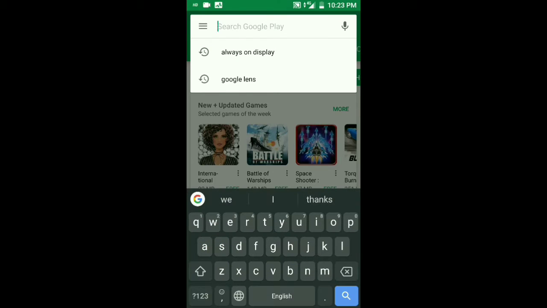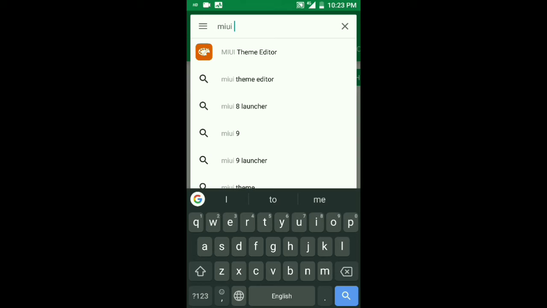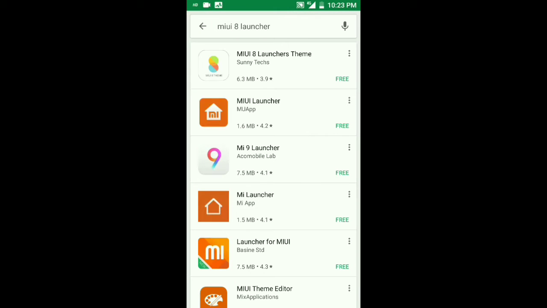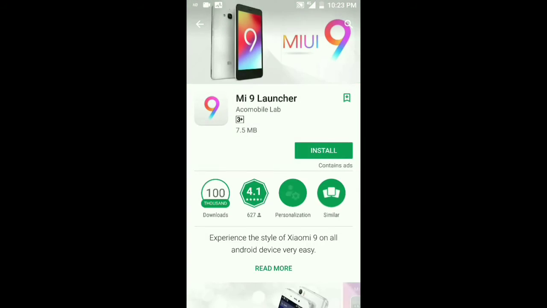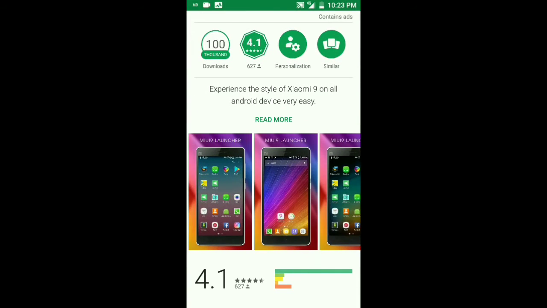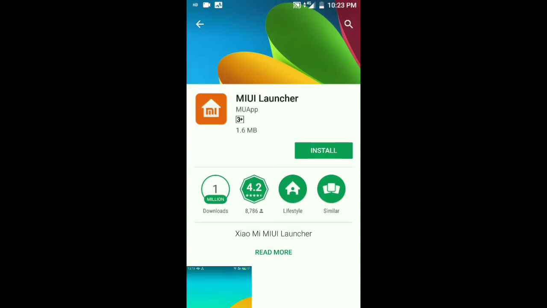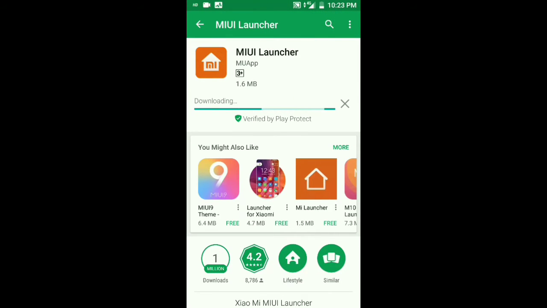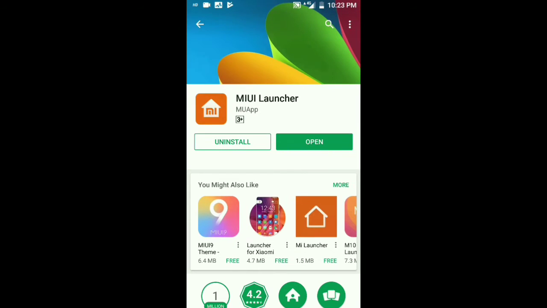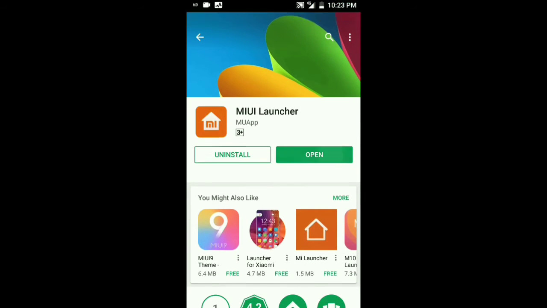So for that we have to go to Play Store, then type here MIUI 8 launcher, not 9. Then we have to check 9 also, but 9 is not that much interesting. So then we have to go to MIUI launcher and then we have to download it, and let's download. So here it is downloaded. So from here you have to open it,